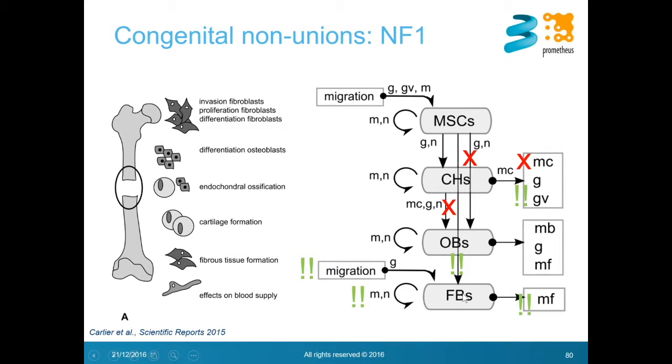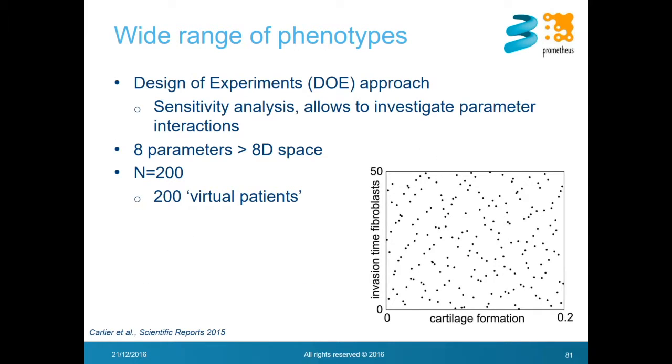So we can play with these parameter values, or we can simulate these mutations, or the effect of these mutations also in the model. But the problem is we don't really know to what extent these parameters are affected by the congenital disorder. So instead of trying to come up with just one case that was the NF1 healing, which is also not the case in biology because we have a very wide variation in phenotypes, we decided to actually perform sort of an exploratory in silico clinical trial where we simulated 200 NF1 patients, where these 8 factors that I mentioned,